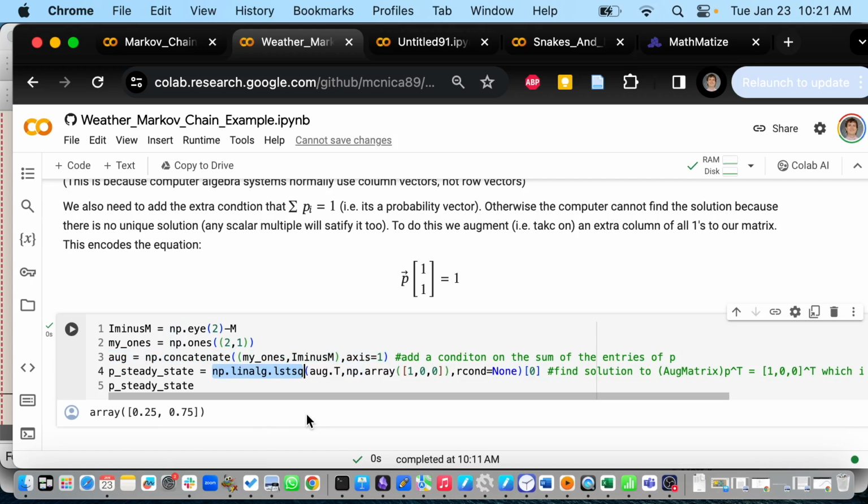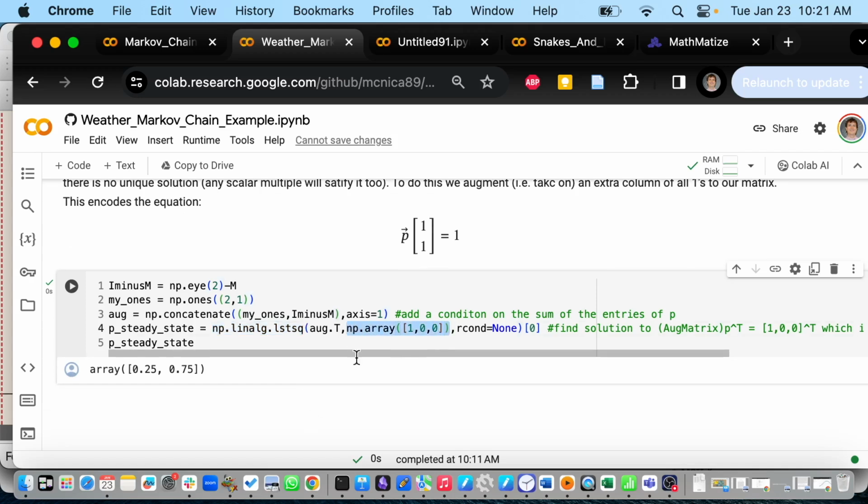lstsq. Does anyone have an idea what lstsq actually stands for? Yeah. Least squares? Least squares, yeah. So lstsq stands for least squares, and it works even if the matrix is a rectangular matrix. Here is the vector that we're going up to. Okay, when I did it on pen and paper, I said 0, 0, 1. Here it's 1, 0, 0. I stacked it on the other side. Hopefully that's okay. When you do the least squares thing in linear algebra, it'll find the best possible solution. So if there is no exact solution, it'll find you the closest solution. And there are some extra little tidbits you've got to do. If you don't put rcond equals None, it will warn you that that means something.